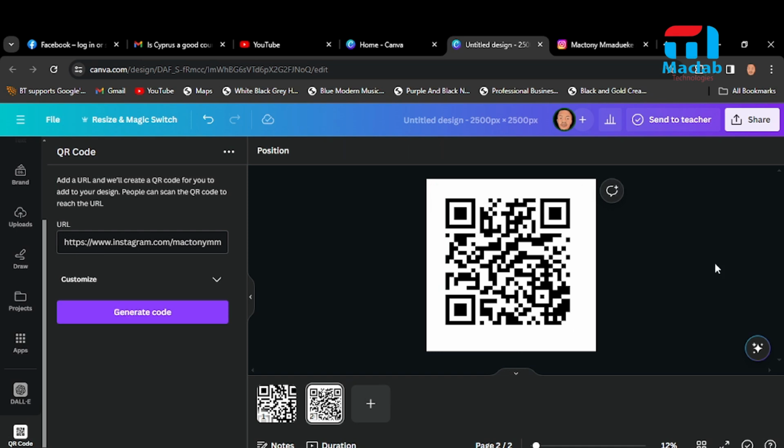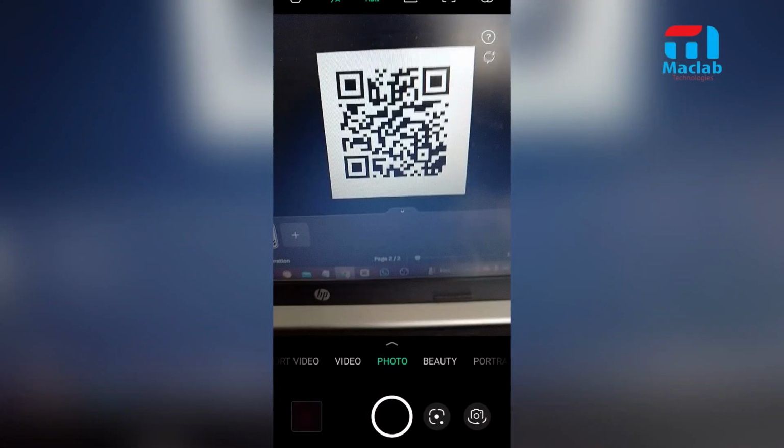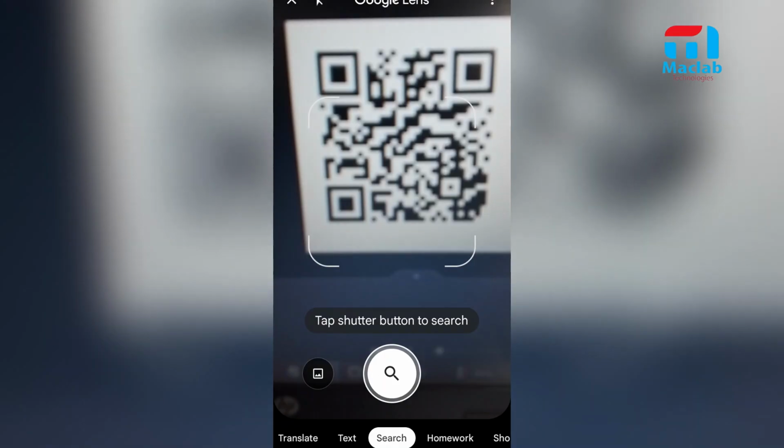for me. So if I scan this right now, it's going to take me to my Instagram profile, and it can work for every other site that you want to generate a QR code for. Alright, so let me do the scanning now so that you can